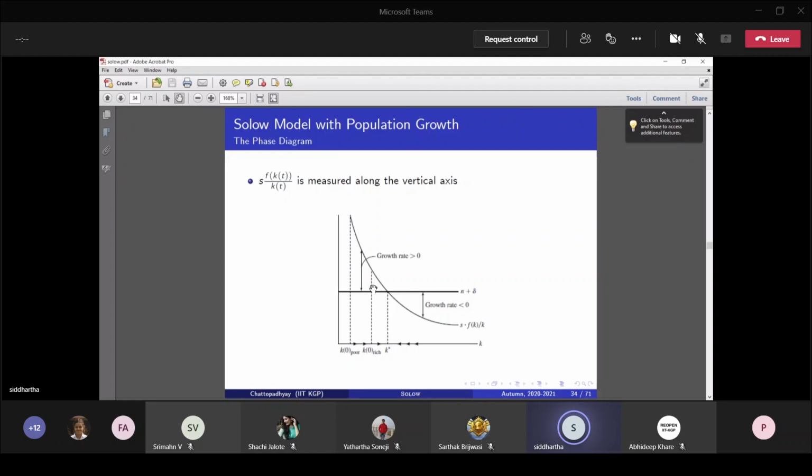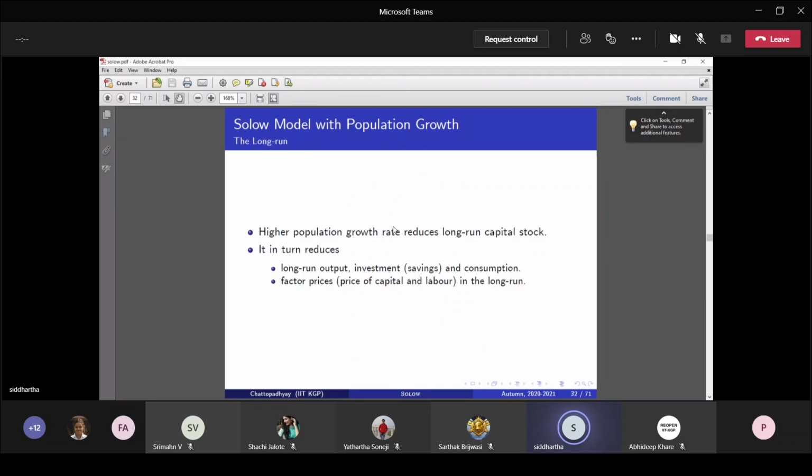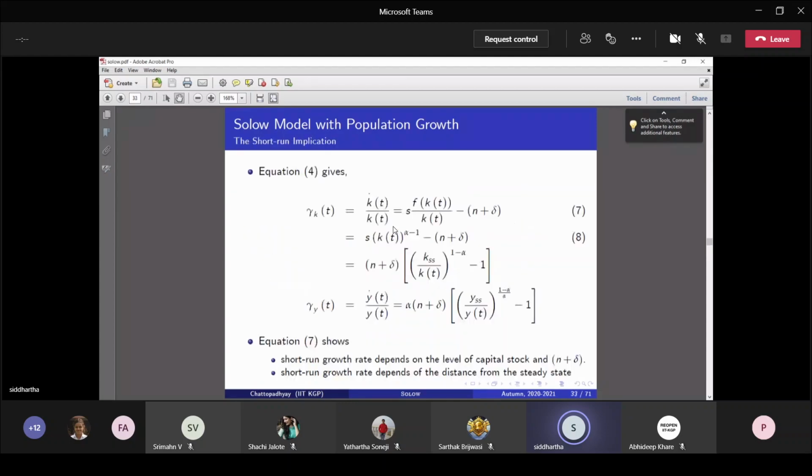So if you compare the growth rate of per capita capital stock of poor and rich, it clearly shows that the poor economy is growing at a higher rate compared to the rich economy. This is exactly what we got before, right? When the population growth is higher, your steady state per capita capital stock is lower, but your output growth is higher in the long run. So we are seeing the same thing over here. Even during the transition, the rate of growth of the poor country is higher than the rate of growth of the rich country. Fine.